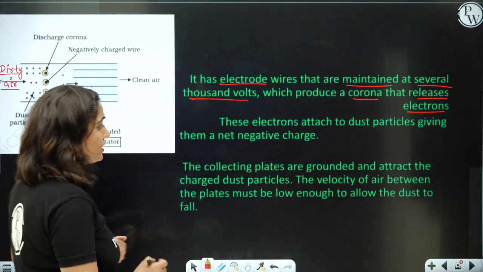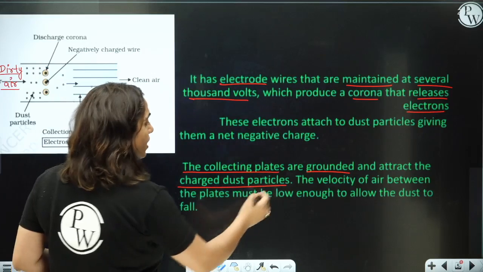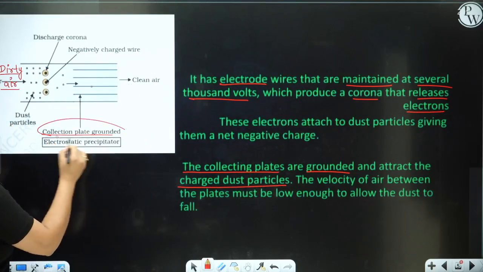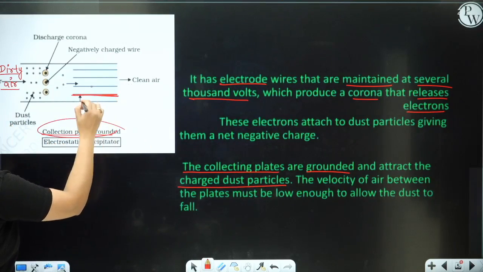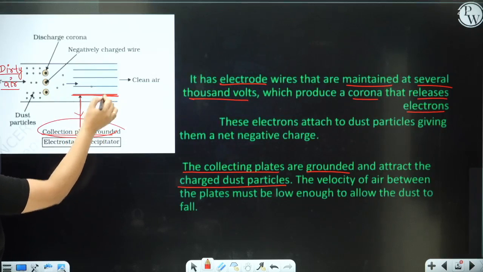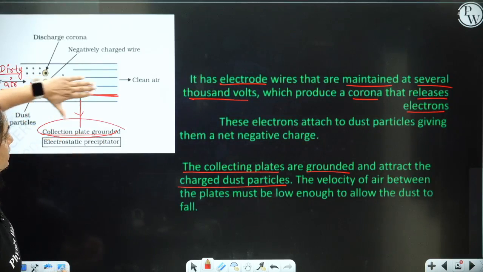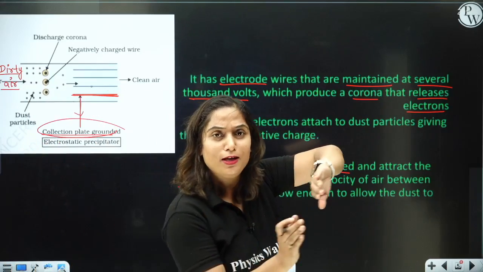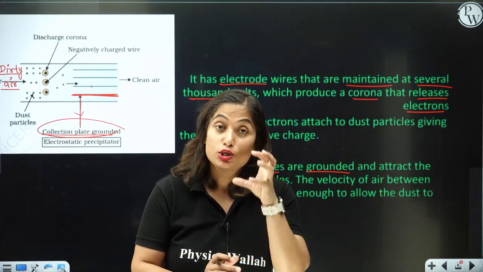Then what happens next? The collecting plates are grounded and attract the charged dust particles. This is the collecting plate, right? You can see in the diagram, this is the collecting plate. This collecting plate is grounded and it attracts all the negatively charged particles. The velocity with which we pass the dirty air through the electrostatic precipitator is kept low,